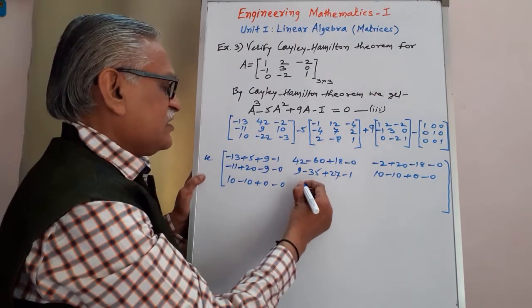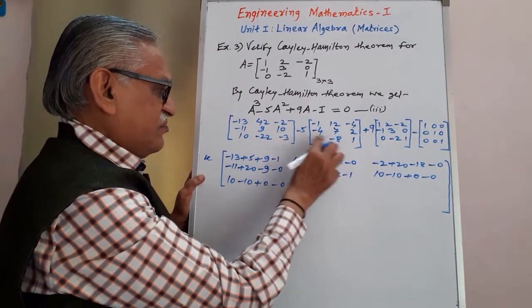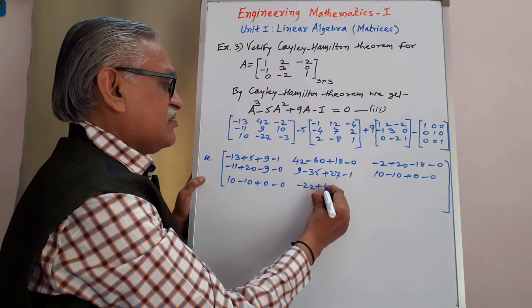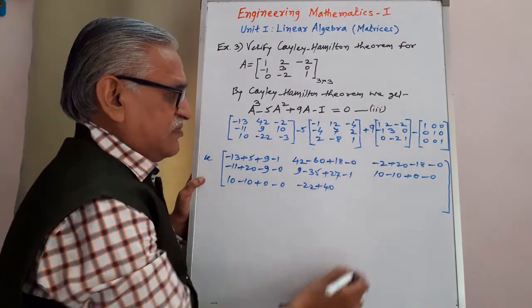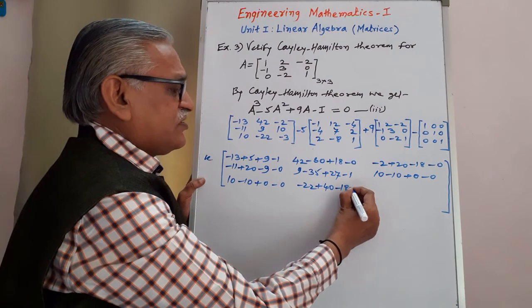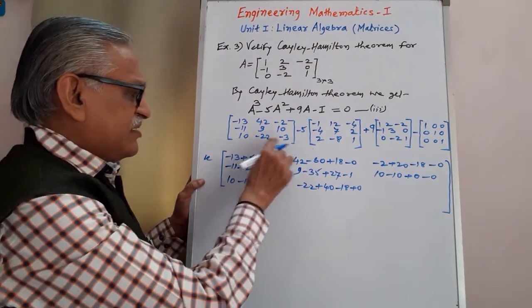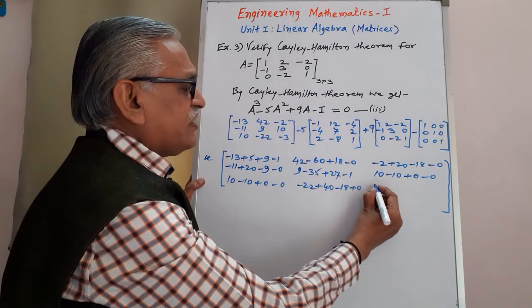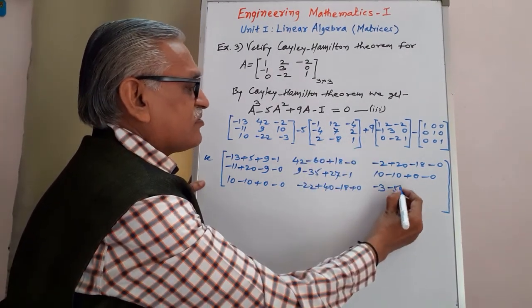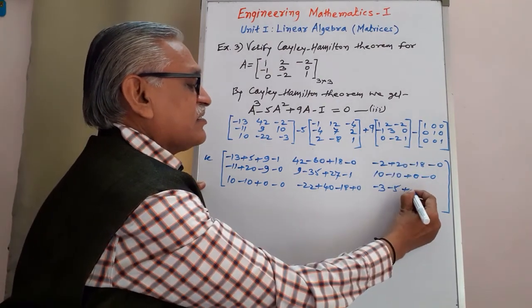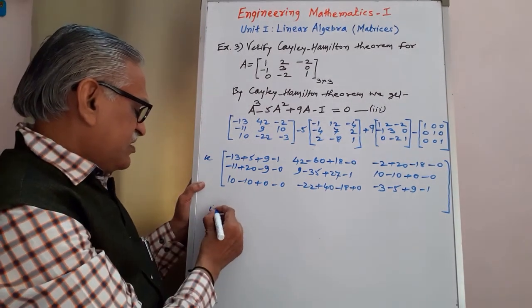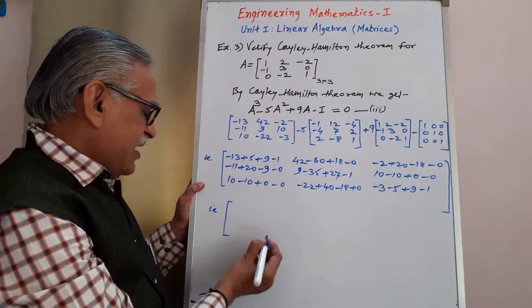And for the last row, elements are 10 minus 10 plus 0 and -0. Second element, -22 plus 40 minus 18 plus 0. And the last element of third row, -3 minus 5 plus 9 and -1. And then if we simplify it, we get that elements as